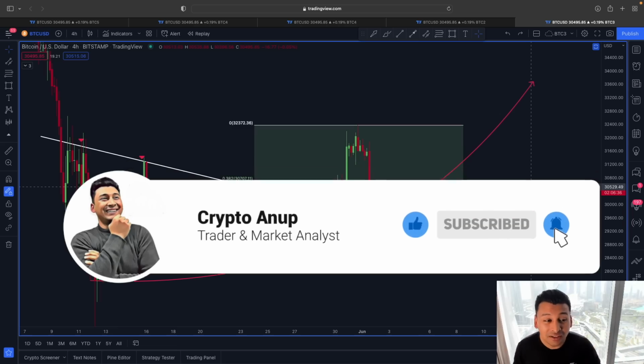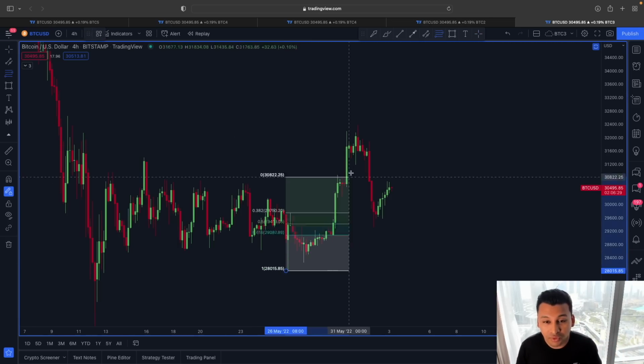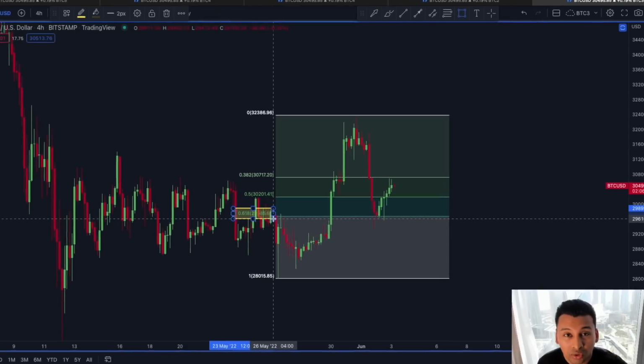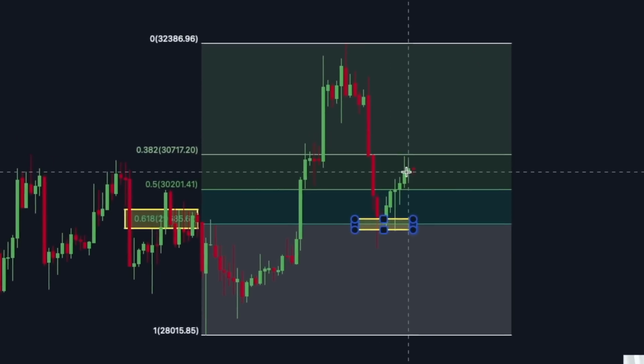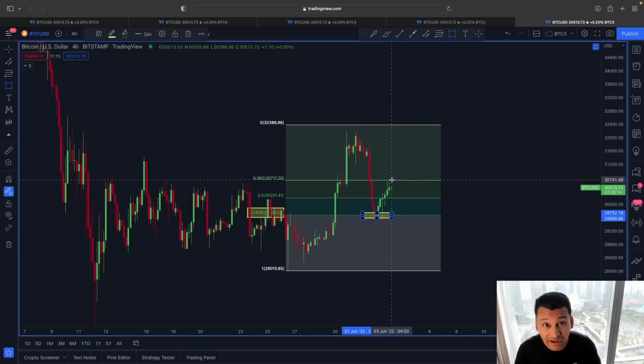Starting here in a smaller time frame, yesterday we found out that the price of Bitcoin, after this retracement, found support exactly at this golden pocket, the 0.618 Fibonacci line, and since then you can see we are also seeing this rally. But the question here is, will this rally continue, and if it does, where could we possibly be heading? For that, I want to leave this Fibonacci line as it is,